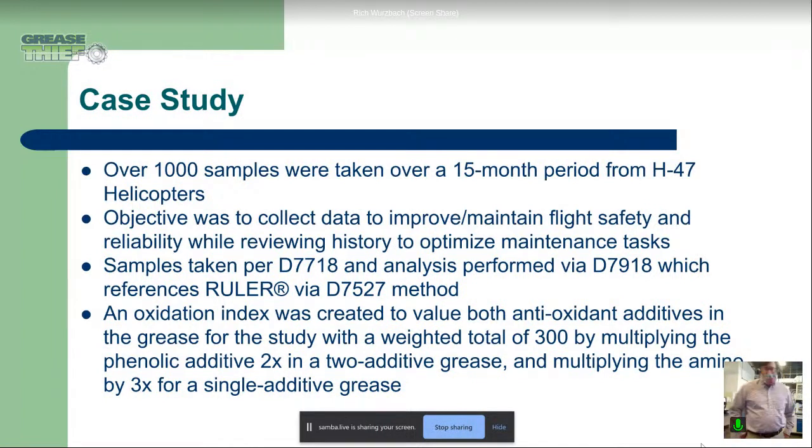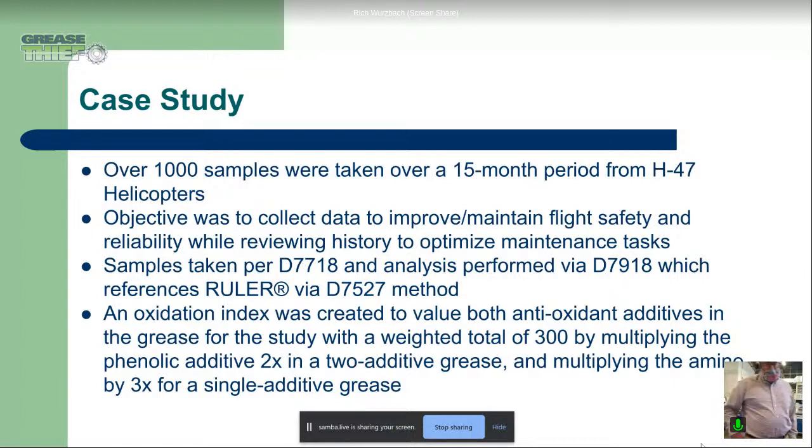But we also wanted to review history to optimize maintenance tasks, and that included the greasing task. There were some activities that were causing the helicopters to come to depot maintenance at a fairly frequent clip to address regreasing tasks. Some of this was based off of estimates or engineering input, or maybe operating history. So this was an opportunity to look at that and get some test data to help understand whether